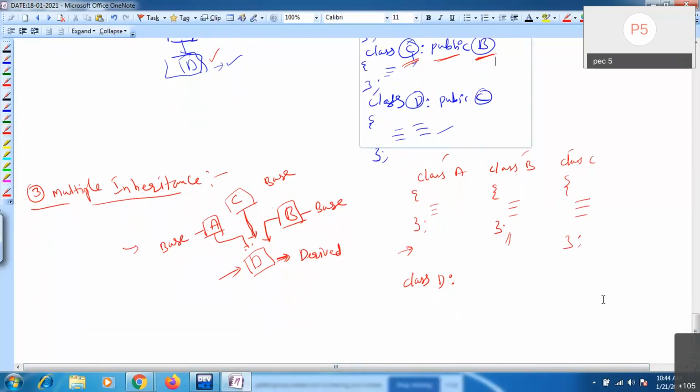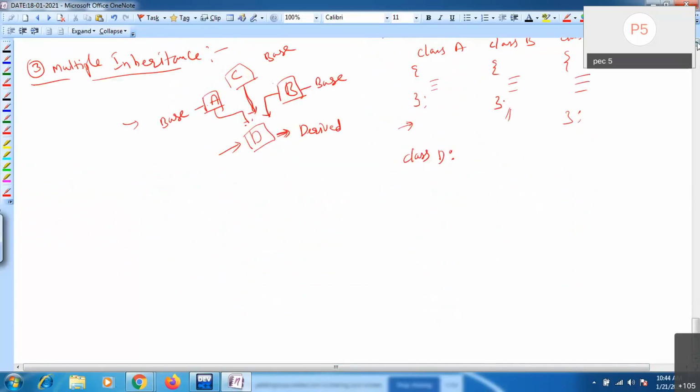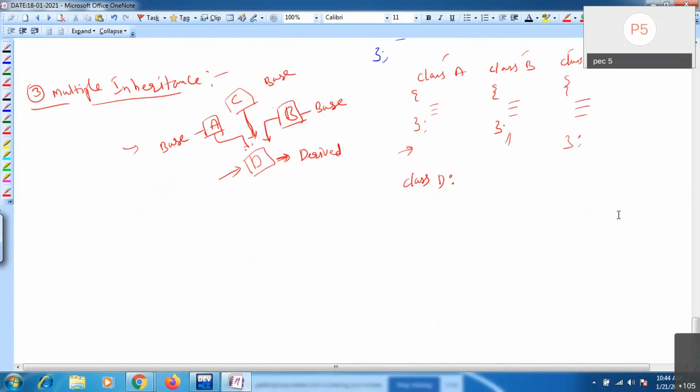In that case, simply just see the syntax. Class, derived class. You are deriving D from three base classes. First one is public A, one base class. Simply you need to mention a comma.